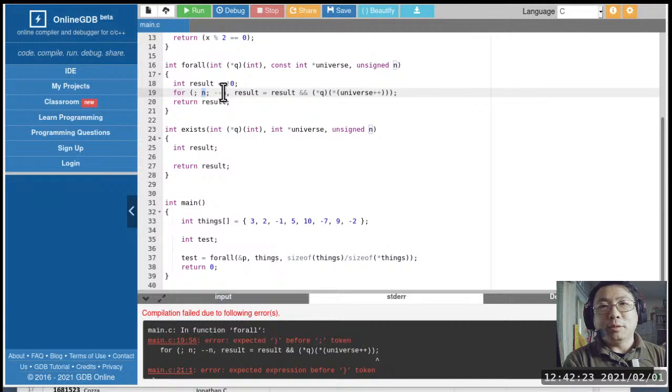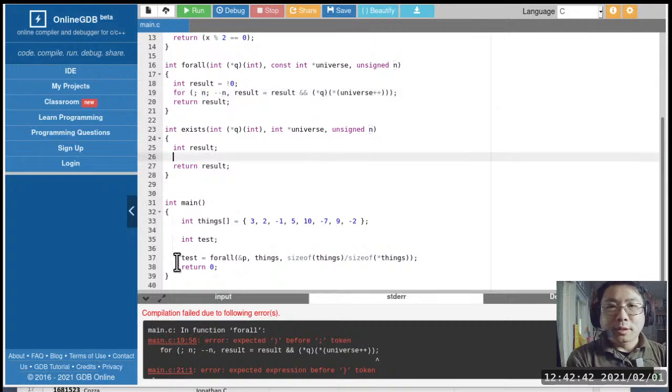In other words, it starts with the actual number of things in the universe, and then as I start to evaluate things in the universe, n gets decremented, so that eventually it gets down to 0. Then there's nothing else for me to evaluate in quote unquote that universe, and then we can get out. All right. So it's a tricky program. Yes, I did try to write this program in a weird way.